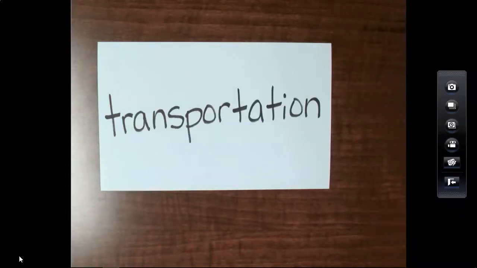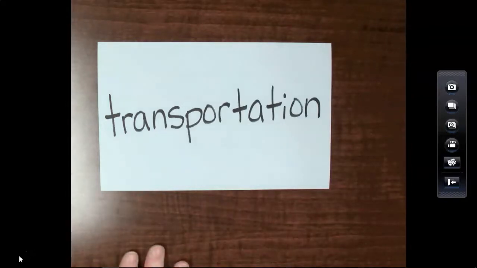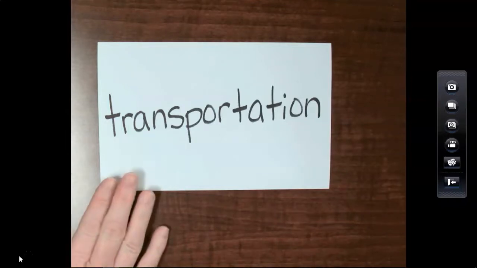So transportation is the movement of people and goods. So trains could move people, but they could also move goods. Okay? So movement of things. And in this season, I'm thinking right now, you've seen UPS trucks, FedEx trucks. They move goods from one place to another. So that's a form of transportation.